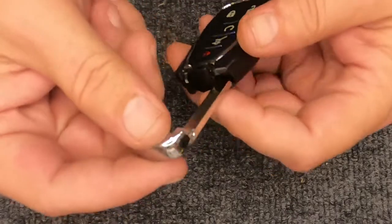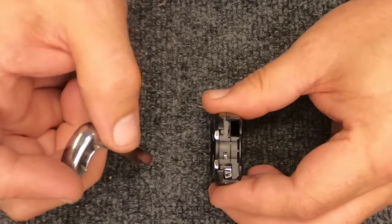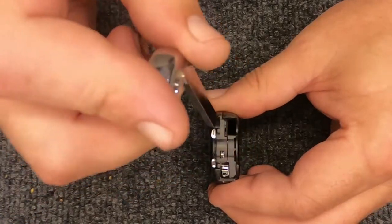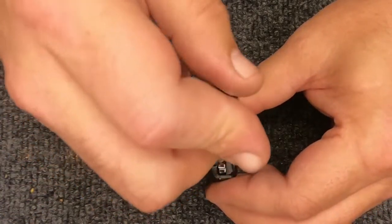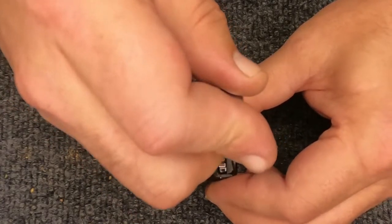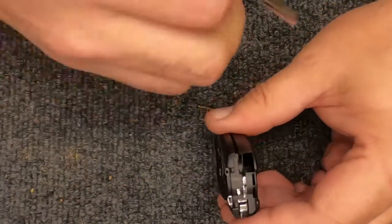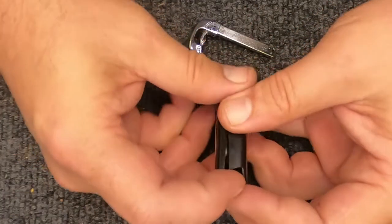Since this is a Chevrolet GM remote, if you turn the remote and put it where you can see the emergency keyhole, go ahead and drop your emergency key back in, just not where it drops all the way. There's a little lip, you'll see it. Put your emergency key in and just twist it, and by twisting that, you just pop the side open,